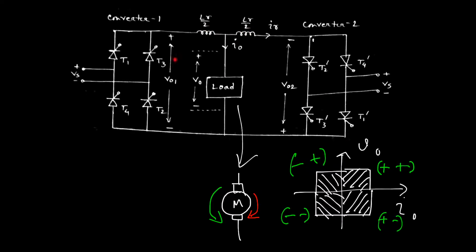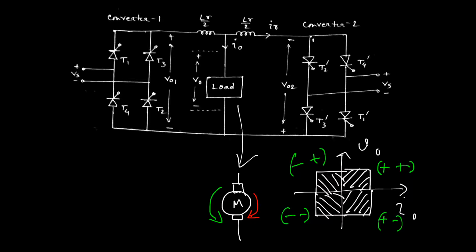That means in circulating mode of operation, the magnitude of the output voltage of converter 1 and the output voltage of converter 2 may be the same. That is why no current is flowing across the load. Then the circulating current starts flowing due to the presence of the instantaneous voltage difference of VO1 and VO2, and that is flowing in between the circuit from the two converters,